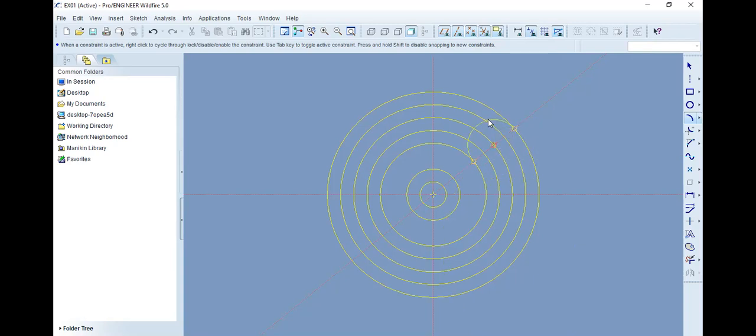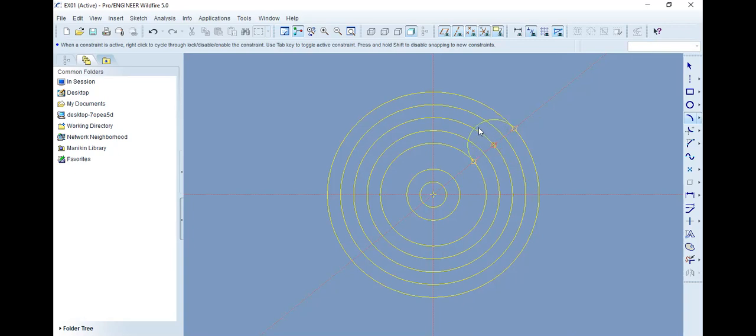Select it and move the mouse. When you move the mouse, the plus sign shows the center of the arc. So the center of the arc should be coincident with the center line.